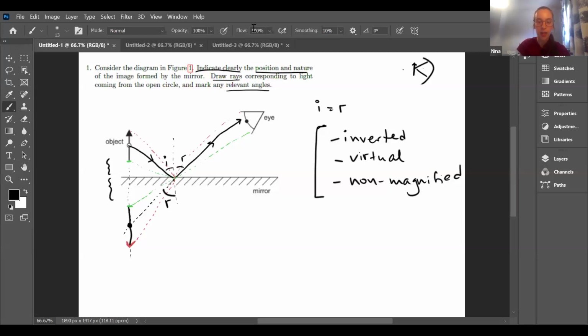What is a reference ray? As I said, in order to form an image, you do need 2 rays crossing. If you just have one ray, it just keeps going and you don't get an image. So in this case, one of the rays will be reflected from the mirror and going into the eye, but the other ray that I use as a reference ray is just the one that goes perpendicular to the mirror.